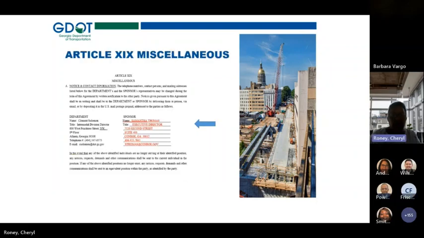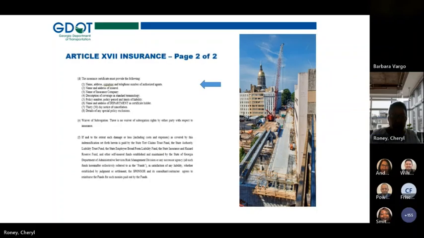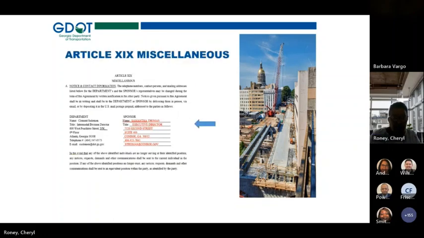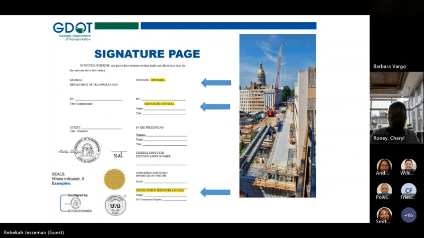Yeah, so right now I am on the miscellaneous page. Page 7. So is that not, okay, hold on. Okay, now I'm on the signature page. Is that what you're seeing? Yes. Okay. All right, sorry about that.